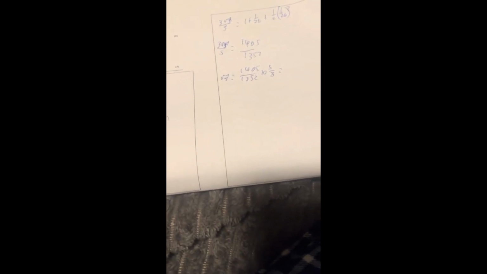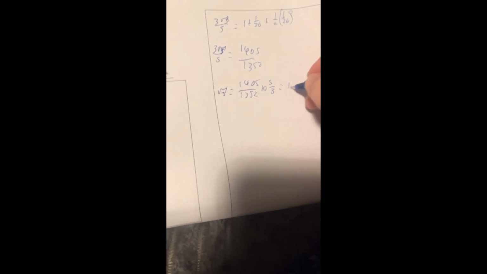And obviously it's just simplifying. It should be 3. So root 3 equals 1405 over 1352 times by 5 over 3, which is